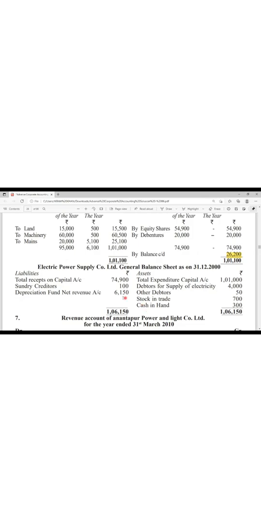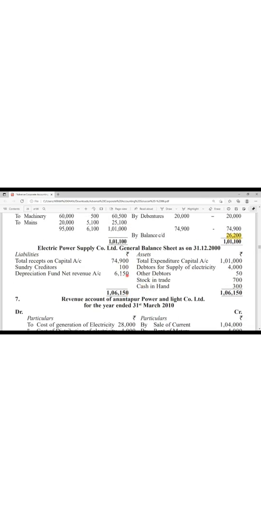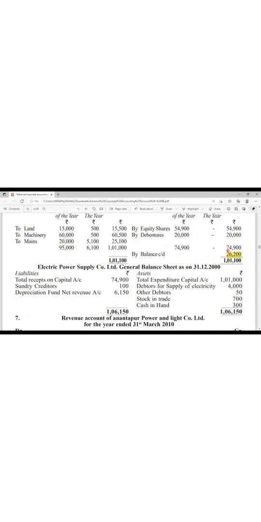Then comes the general balance sheet. Here is the Electric Power Supply Company Limited's general balance sheet on 31st of December 2000. Here in the general balance sheet, as we have already discussed, we will be writing current assets and current liabilities. So on the liability side, we will be writing all the liabilities. So total capital on the capital account is 74,900, which we are writing here. Then we are writing how much we spent. We spent 1,01,100 from the